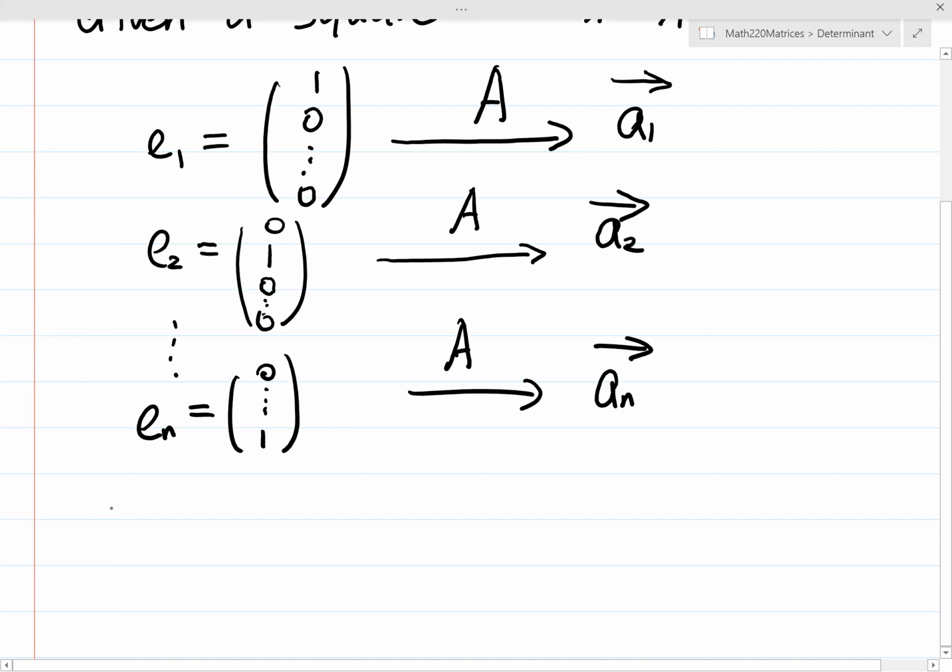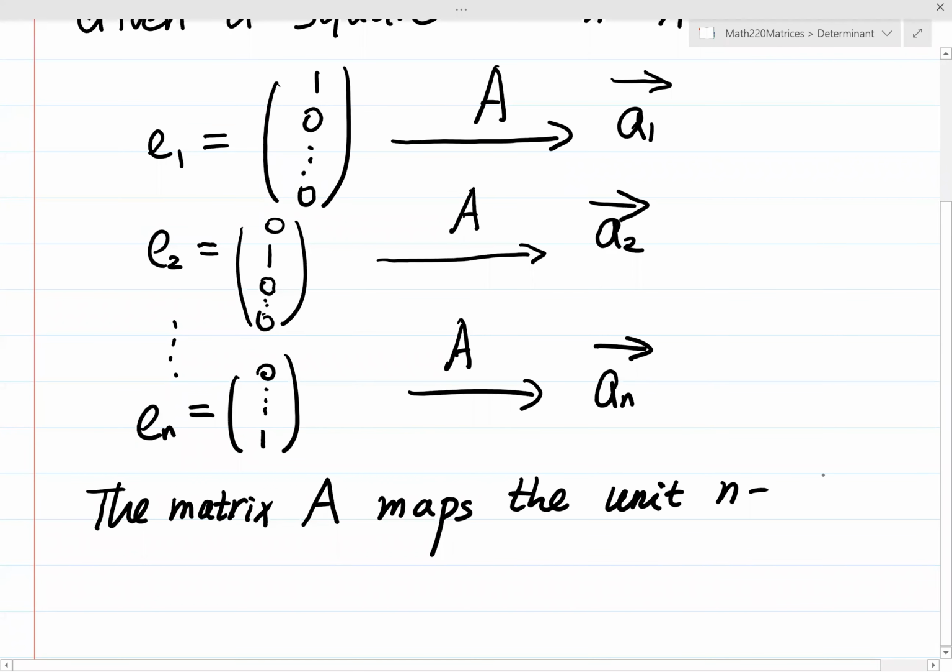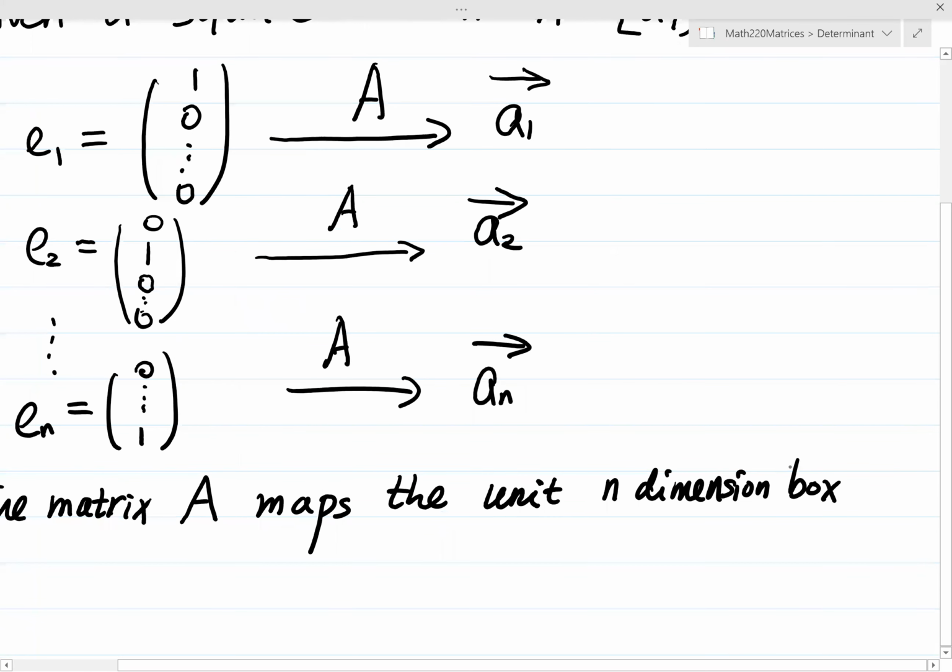So the matrix A maps the unit n-dimensional box